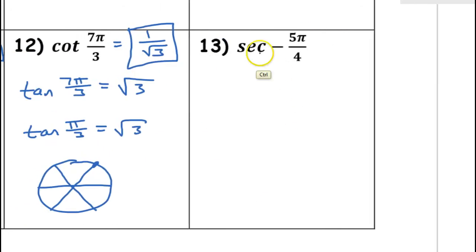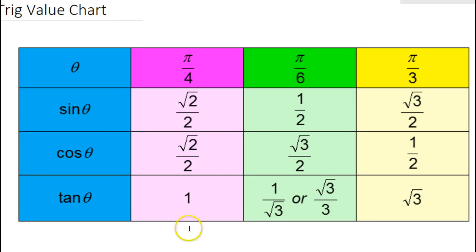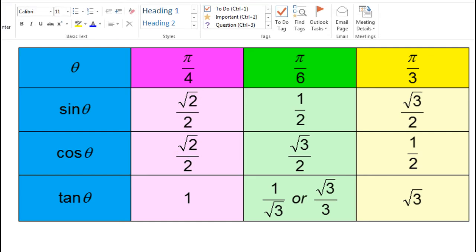Okay, I think we just have one more to do. Secant is the reciprocal of cosine. So I'm going to ask myself, what is the cosine of negative 5 pi over 4? And then whatever I get for this, I'm just going to take the reciprocal of that. So first I'm going to ask myself, what's the cosine of the reference angle pi over 4? So that's something we have memorized. The cosine of pi over 4 is radical 2 over 2,